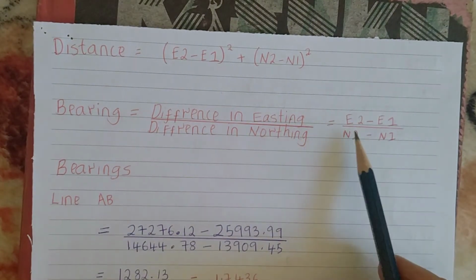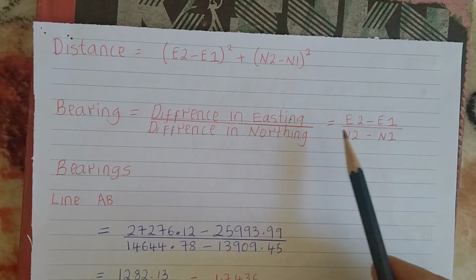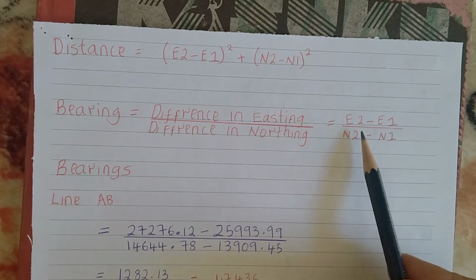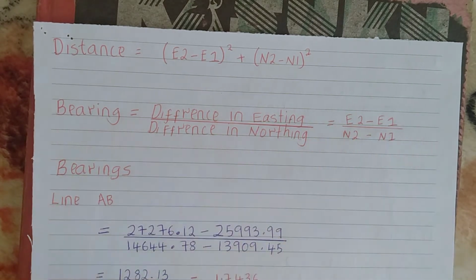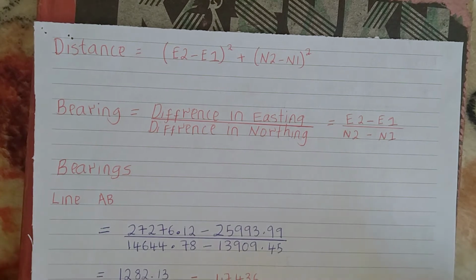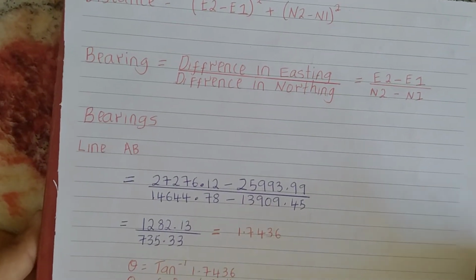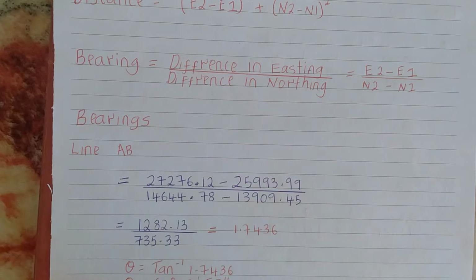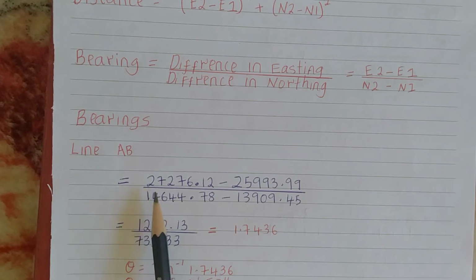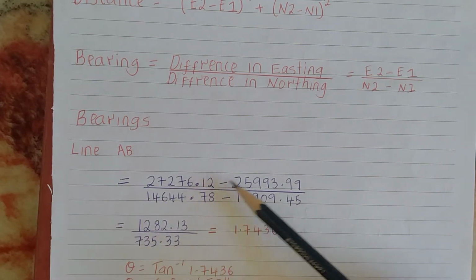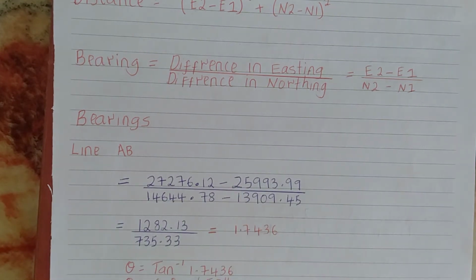So this is the same as easting 2 minus easting 1 over northing 2 minus northing 1. So according to the points that we had, the bearing of line AB will be equal to